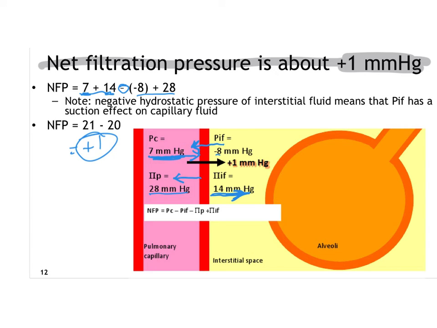So that is what is important. Okay, so when I take all of my pressures, the pushes and the pulls, even though one of my pushes is a -8, it gives me what is my standard. So I am going to have a tendency of the pressure going in this direction of a +1